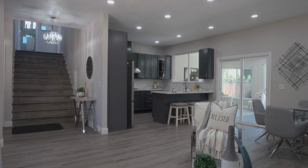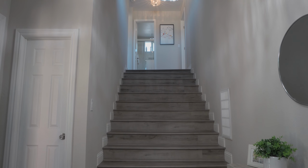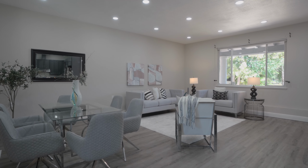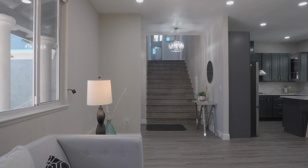And then of course, there's always these little features about every house that are my personal favorites. In addition to 9-foot ceilings, one of my other personal favorite things about this house is that the staircase that leads up to the second story is actually about double wide with the normal staircase in a house like this is. So when you walk into this house, the elegance of it, the openness of it actually makes it feel like it's a home that was built just a year ago rather than the age of the homes in this